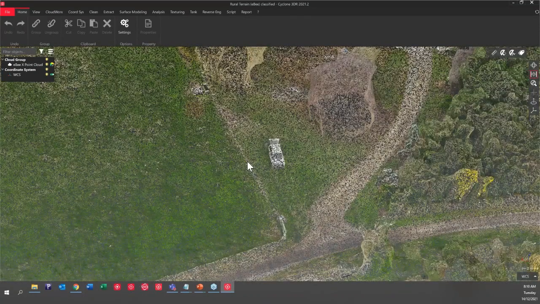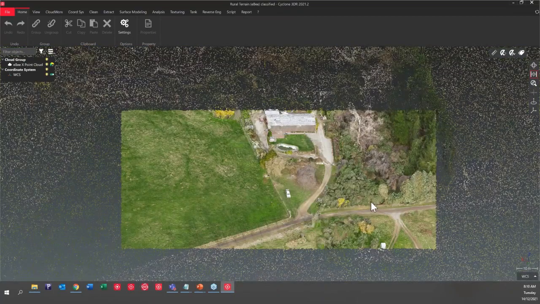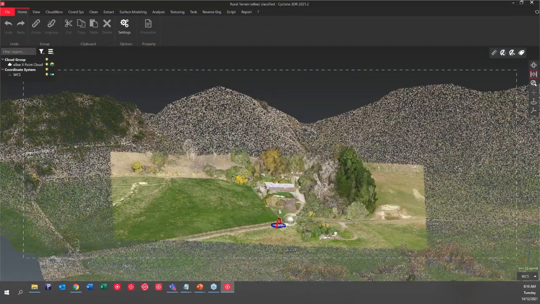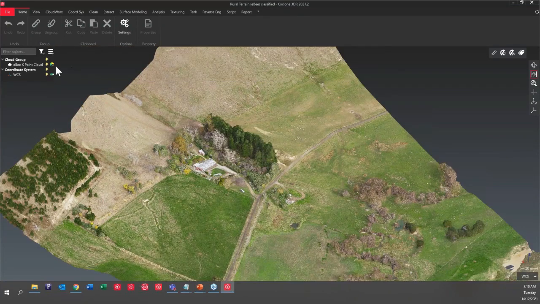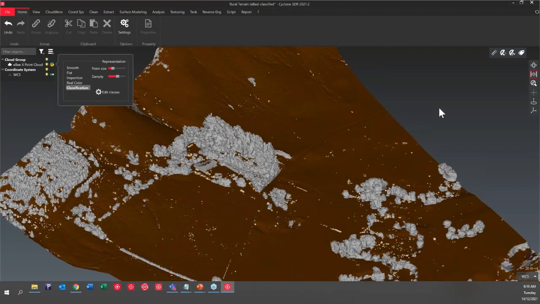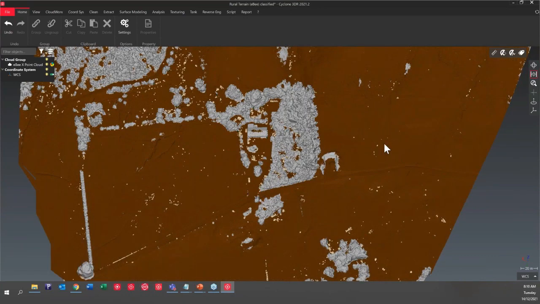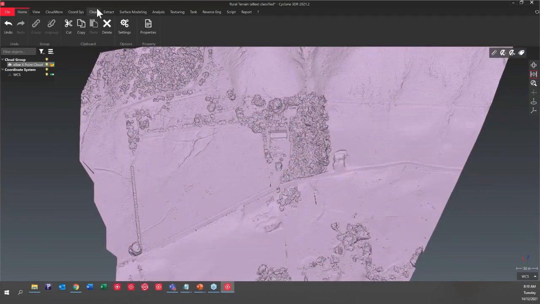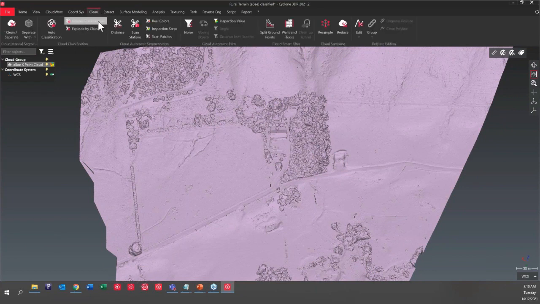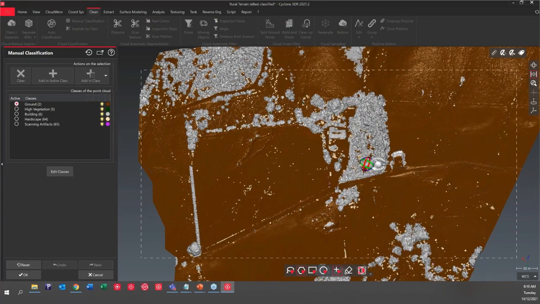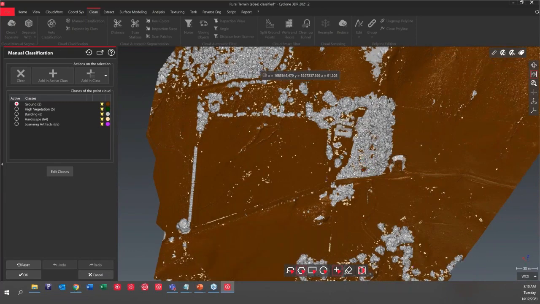So we've got a few things here, a property, and then fields around it, a little bit of a hill at the back, a few trees, and a little tiny river going through. The classification gives us something like that. When you play it, what we see is that it actually didn't detect the vegetation. So I thought I would just show you how you can manually edit this classification. And we see that all of that vegetation actually got put into the building class. So what you do is you set up the vegetation as the active class